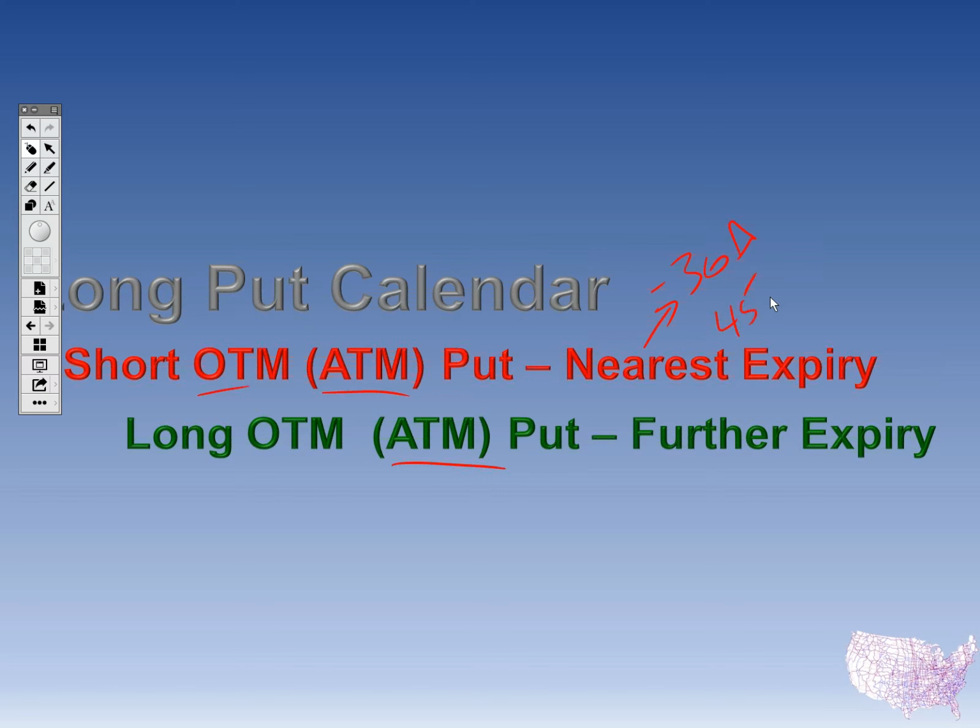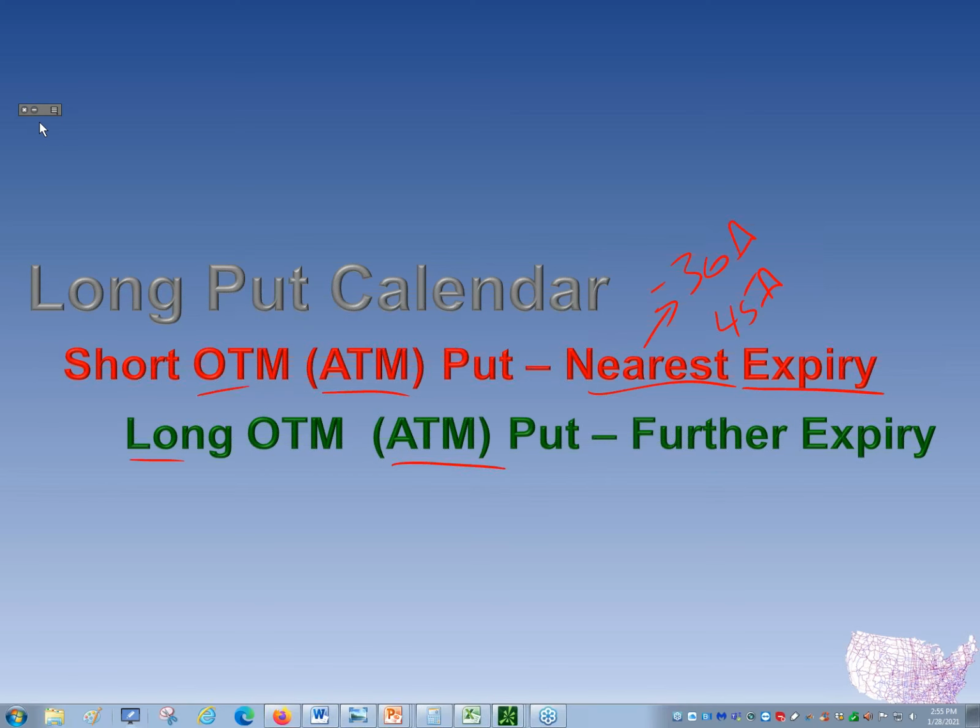I usually don't use the 50 delta, but I will go to like a 45 delta on this near expiration. That's the first step in figuring out our strike locations. We don't really have to do a whole lot of legwork to figure out the long one, because when you're doing a long put calendar, you're using the same strikes. Next week we'll talk about what happens when we're using different strikes, when we're talking about the diagonals.